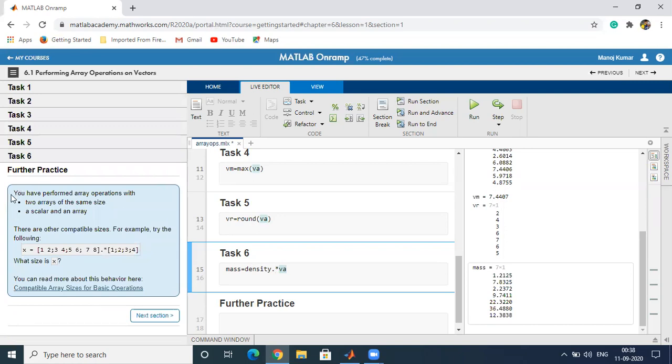The further task is that you have performed array operations with two arrays of the same size, and a scalar and an array. There are other compatible sizes. For example, try the following: x is equal to this.